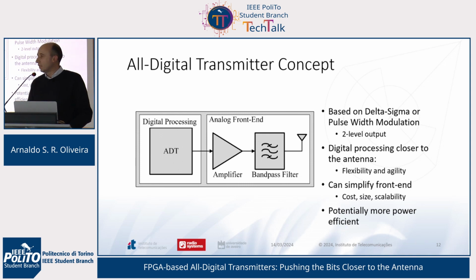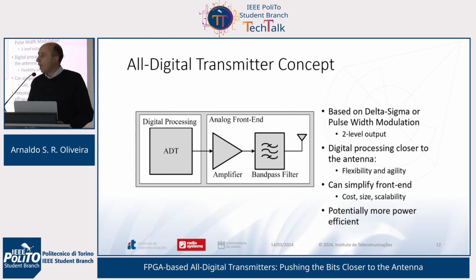Well, if we have the capability to output a high-speed pulse modulation, either sigma delta or PWM, then what we have to do in order to radiate this signal is either amplify it and then filter, or vice versa, filter and then amplify. If we use the amplifier first, it must be a switched mode power amplifier able to cope with a two-level output of the digital device, and then filter, of course, otherwise we would send lots of quantization noise to the